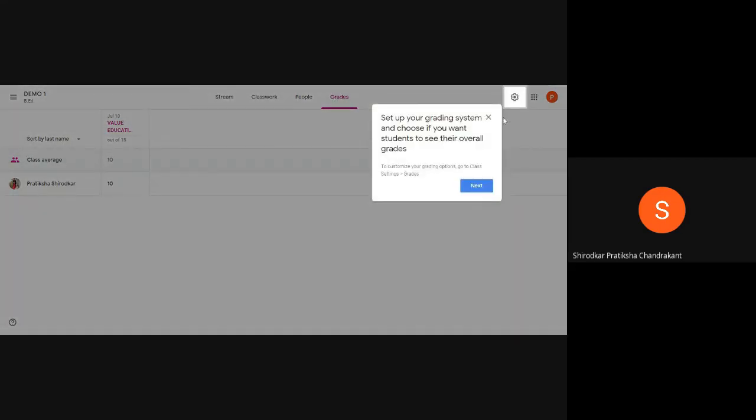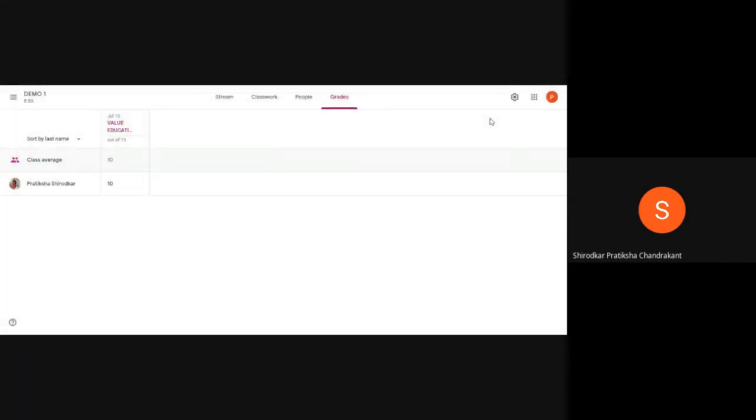So since we did that exercise of students view and the teacher view, earlier we didn't have anything in the grade section, but now we can see the students, since only one student is there, or else we would have had a list of students and the marks that the student has received. Okay, out of 15 the student has received 10 marks and the assignment was scheduled on July 10, and all the other details related to the assignment would appear in the grades tab.